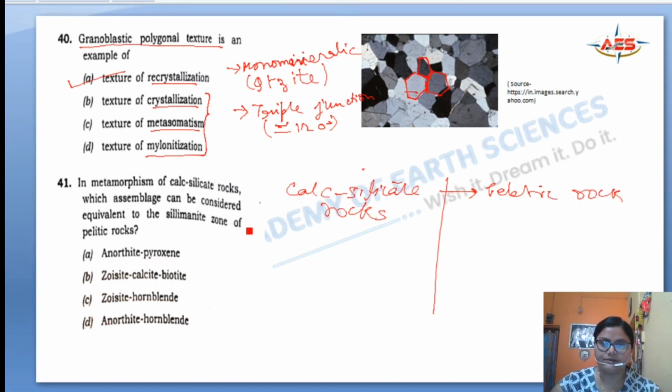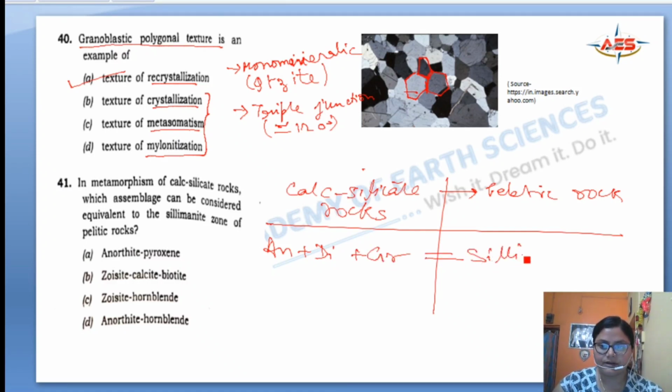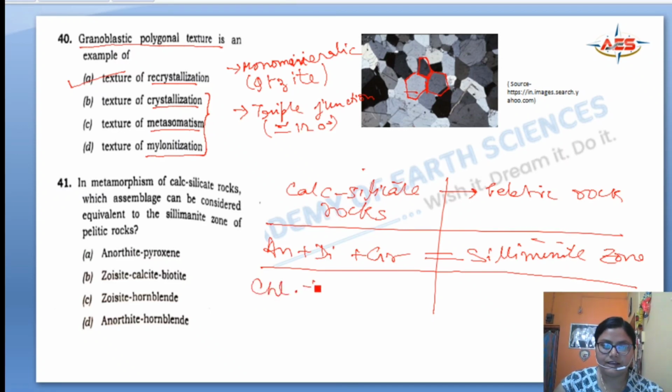Now see, in the case of the calc-silicate rock, the mineral assemblage that we have is anorthite, diopside, garnet. It is equivalent to the sillimanite zone of pelitic rock. Then we have chlorite, biotite, garnet, and this is equivalent to the